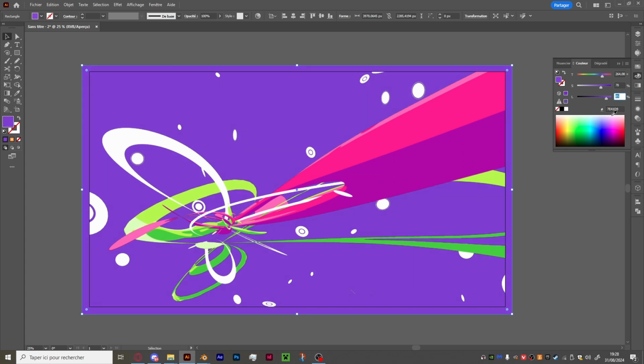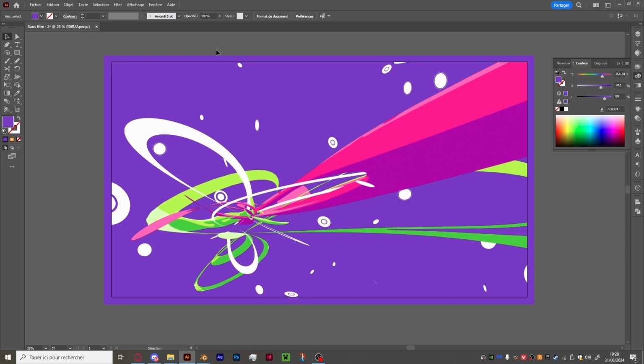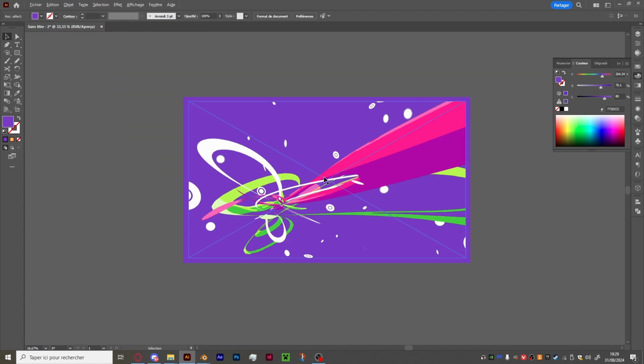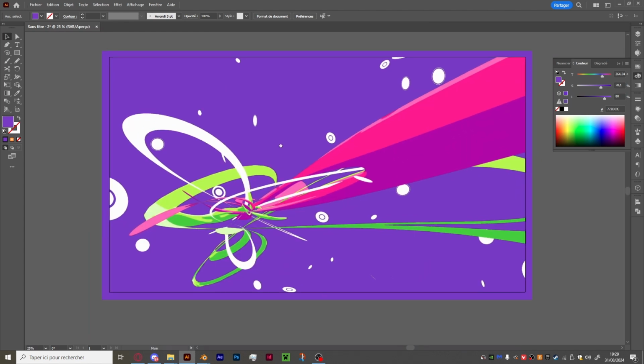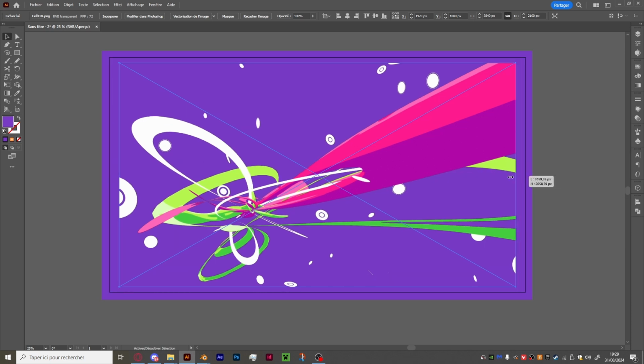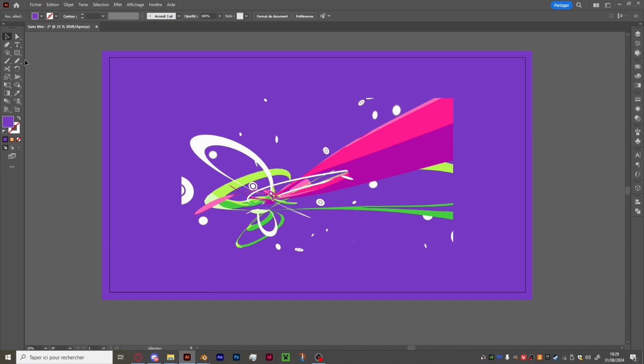Maybe tone it down a little bit. And yeah, that's great. So now that we have this, and sometimes we still have the little artifacts spawning, but it should be okay. Now that we have this, it is simply up to you to look for a nice composition that you like. As for me, for example, maybe I will go by shrinking this and maybe do